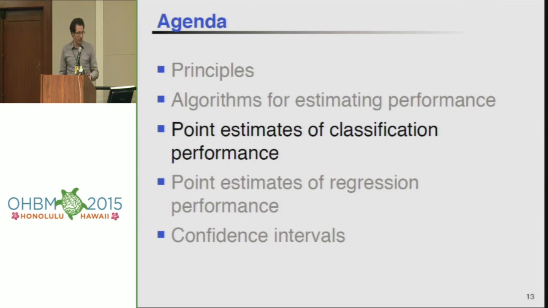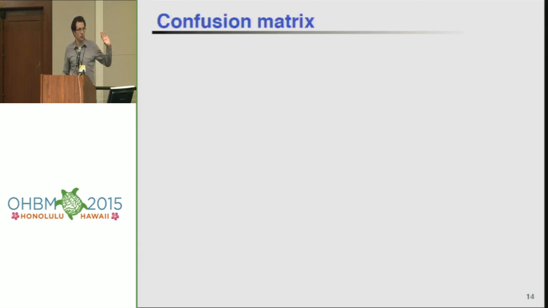Okay, so that's the algorithms for estimating performance. But I've talked since the beginning about loss, risk, performance, but I haven't actually defined mathematically what I mean. So in this part of the talk, what I want to do is to give you basically tools to compute performance of the classifier. When I say performance, what I mean, by default, if I don't mention it, is always on the test set, or on a held-out test set, or in a cross-validation, I mean, of course, on the data left in the test fold. So, central to any measure of performance of classification is the confusion matrix,